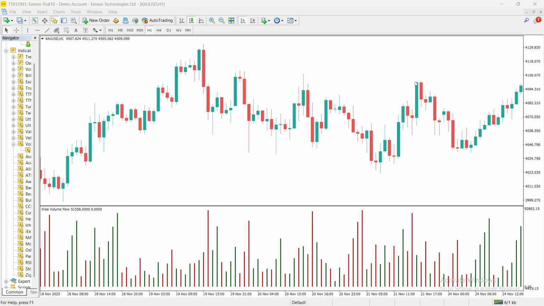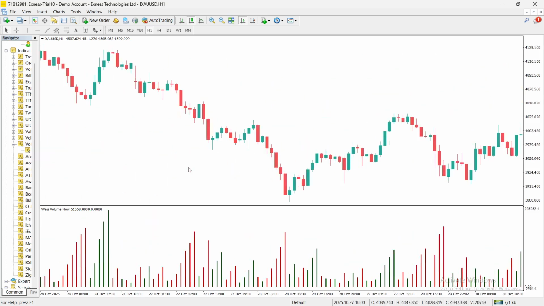Hi traders, in this video we are looking at the volume flow indicator for MT4. This long-term trend following tool analyzes volume data and price changes using a modified unbalanced volume approach, displaying lines that signal accumulation and distribution phases. In this video, you will see how the volume flow works, how signals are interpreted, and which trading strategies are